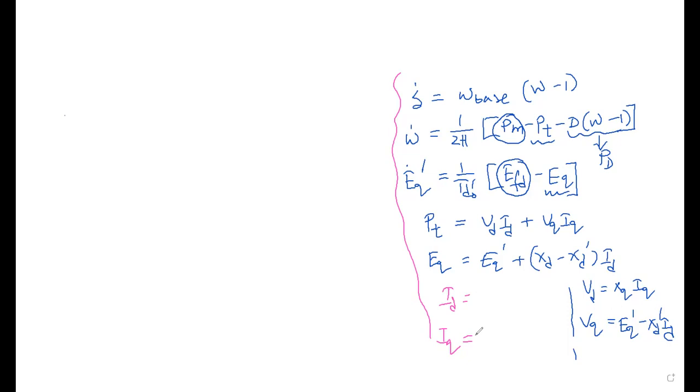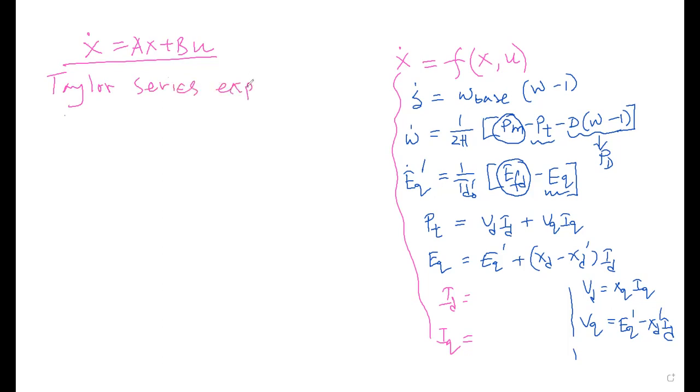So for linearizing this set of equations, what we would like to do, of course, this is in the form of f of x equals x dot. And of course, we have some u here, so better we include it here. Here, what we want is the linearized form, that would be x dot equals ax plus bu. This is our target. To achieve this target, we will simply take help of Taylor series expansion